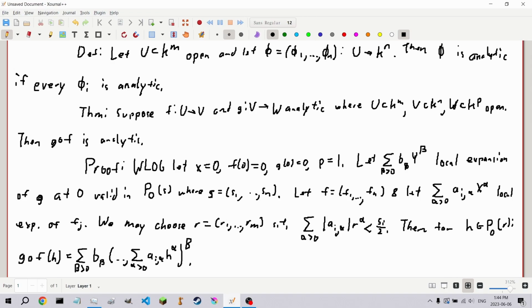Now we need this right hand side to define a power series in h convergent in our strict polydisk of radius r. Now, it does define a formal power series in h because there's only finitely many terms which contribute to any given component. And so we need to check convergence, which we get